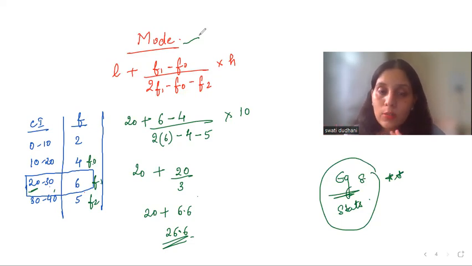So I hope this video is clear. The basic formulas of all and how to find the values from the table, all of the basic concept is clear. Please try example 8 and the missing frequency questions. You will definitely get it. This chapter is also a very scoring chapter. The only thing is you need to do your calculations smartly. I hope this is clear.